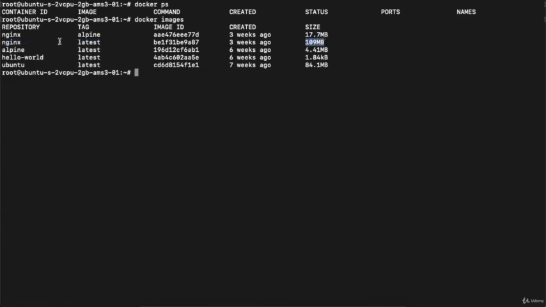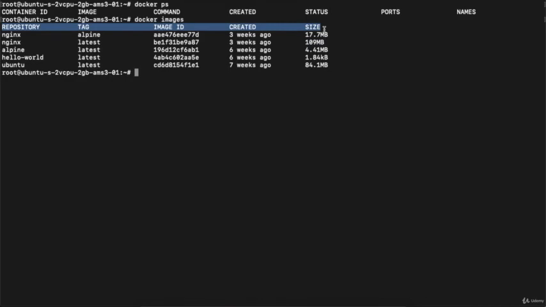Both images are basically nginx, but the alpine one is 17.7 MB and the nginx latest image is 109 megabytes. So there is a huge difference in size. The nginx alpine image is specific to Alpine Linux, while the nginx latest image is applicable to all kinds of operating systems, whether Unix-based or Linux-based.